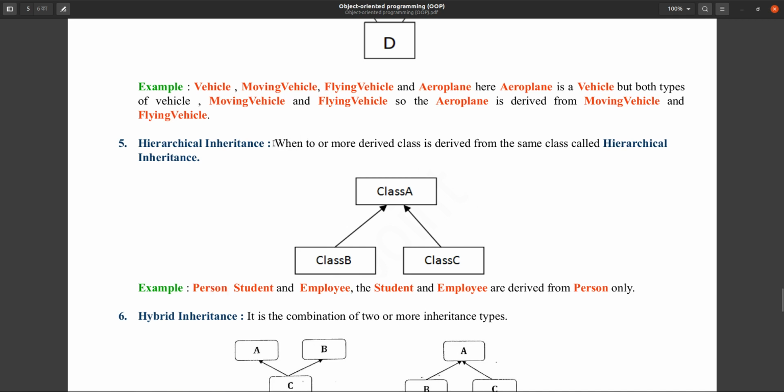What the definition says: when two or more derived classes, meaning B and C, this is two, or it can be more than two also, are derived from the same class, it is called hierarchical inheritance. Here Student and Employee are derived from Person only. So this is hierarchical inheritance.